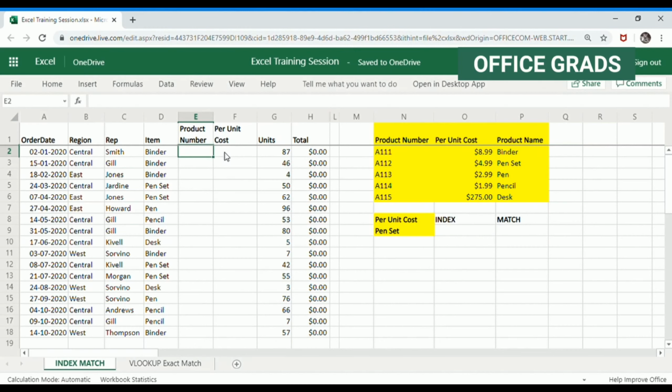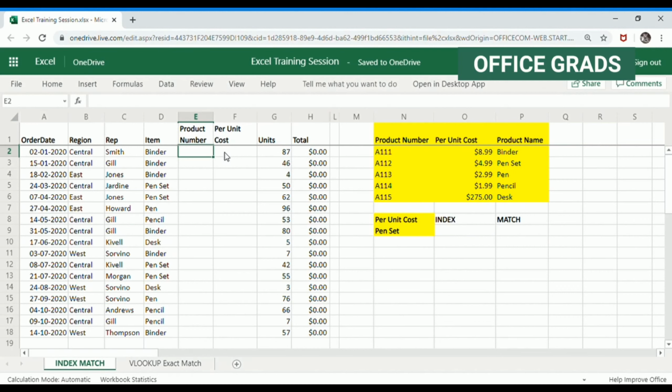You might already know INDEX and MATCH are two different formulas, and they can make miracles when you combine both together. Before we begin, a little heads up: this video will be a little lengthy, because these are two different formulas. So I will break them down. I will show you the INDEX formula first, then we will learn MATCH, and then I will combine both formulas and show how to apply them together.